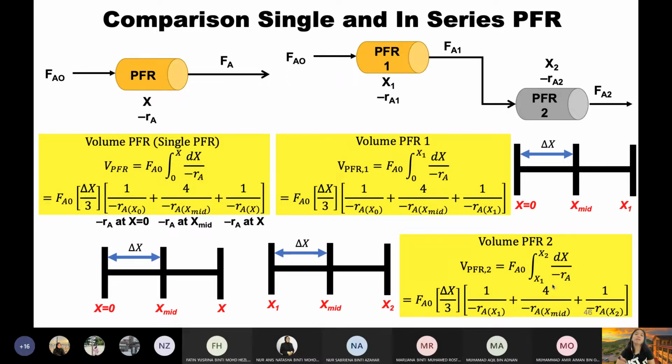Okay, contohnya katakan your x1 is 0.6. X2 0.8. Maksudnya data kedua dia convert daripada 0.6 ke jadi 0.8. 60% to 80%. So 0.6, 0.8. Middle x dia is actually 0.7. So sekarang dia akan menjadi 4 per minus RE when my x 0.7. So selalu tempat yang part tengah-tengah ni yang student will have confusion macam mana nak cari nilai x middle ni. So kamu kena tahu dia adalah middle x between initial to final. Kalau initial saya 0.6, final saya 0.8, middle dia 0.7.